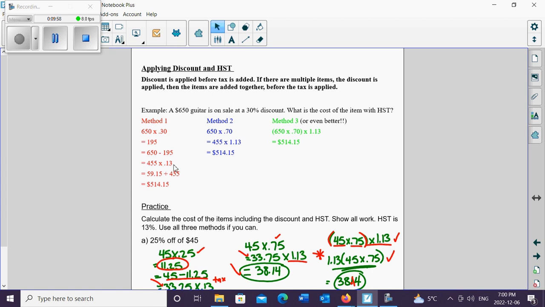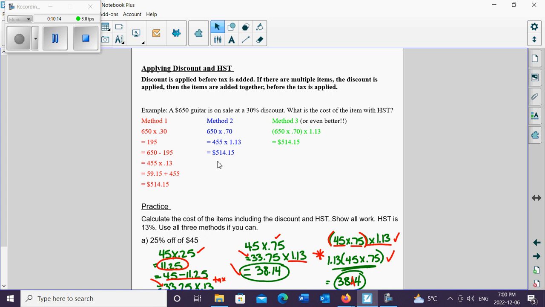Tax is 13%, so that's decimal 0.13. The tax on $455 is $59.15. And if you add the two together, you get $514.15. That is a correct way of doing it, not my favorite, and shouldn't be yours as you get into the